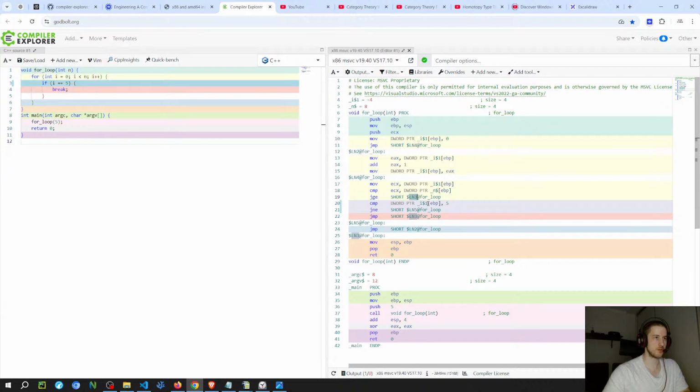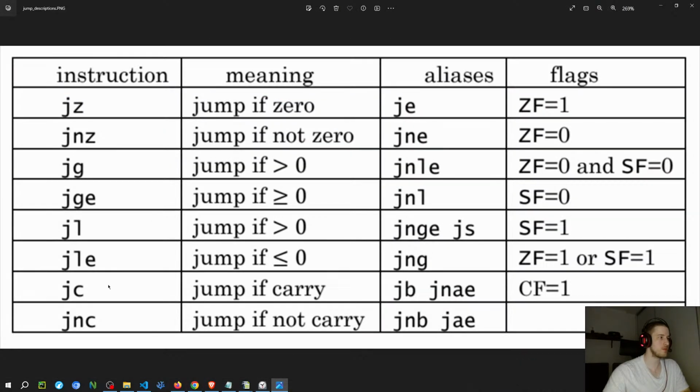So it doesn't jump, compares. It's comparing if I equals 5. So this jump is if it is not equal, which means that ZF should be 0 probably, but I'm not really sure.